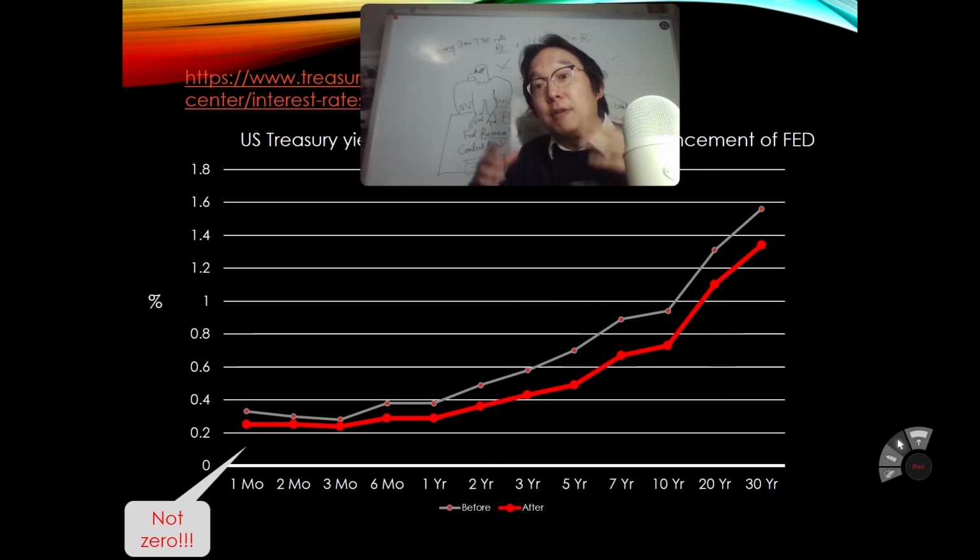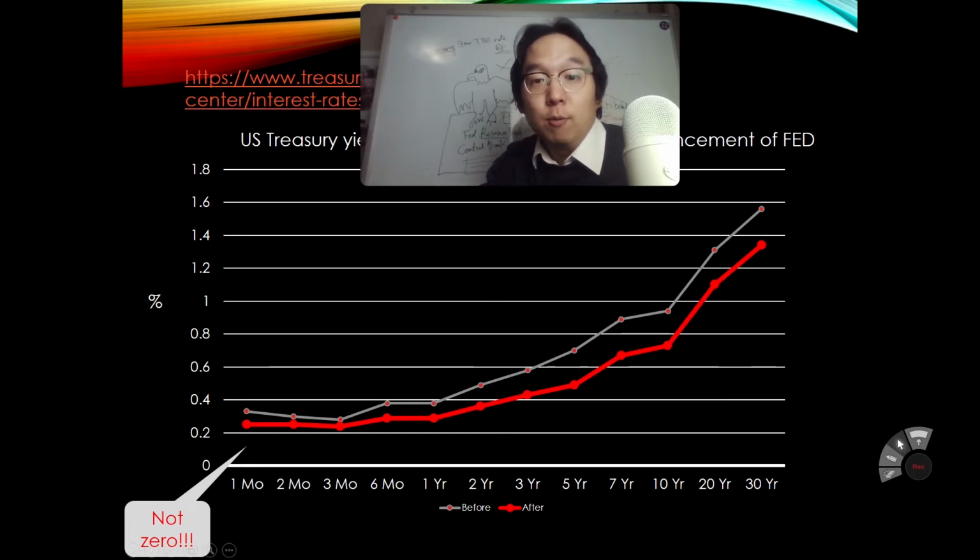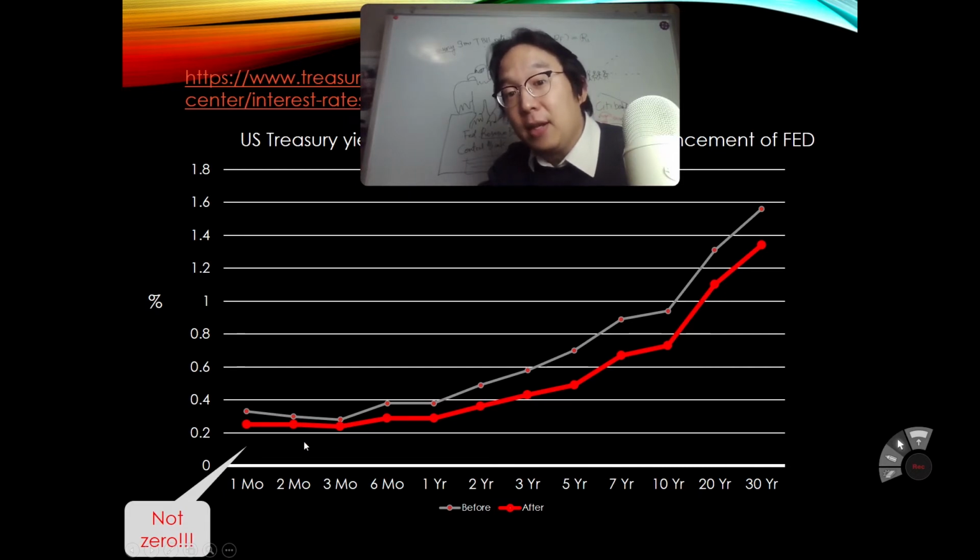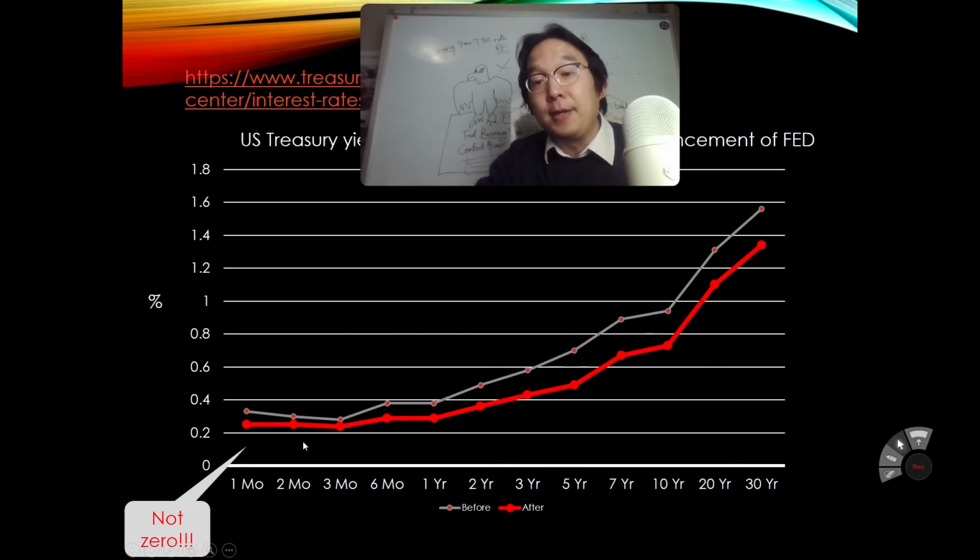Bond price increases, but the yield goes down because there's an inverse relation between bond price and yield. Okay, that's precisely what you see in this change in the yield curve. The yield curve before the announcement is like what you see on this thin gray line, whereas the yield curve after the announcement is like the red line.